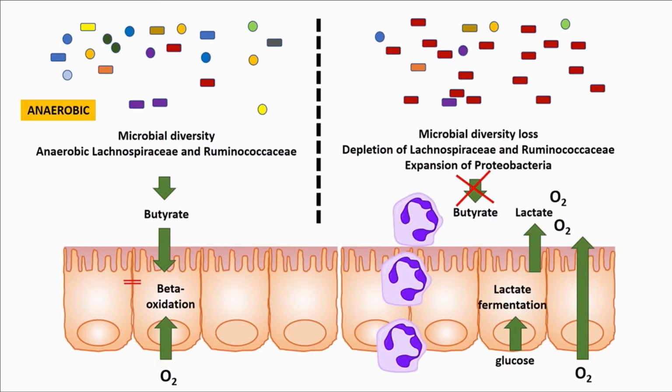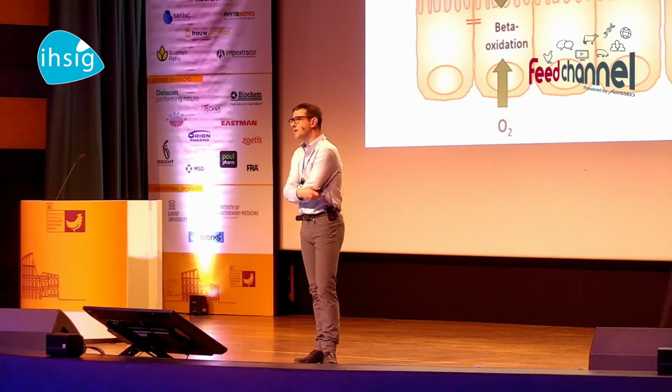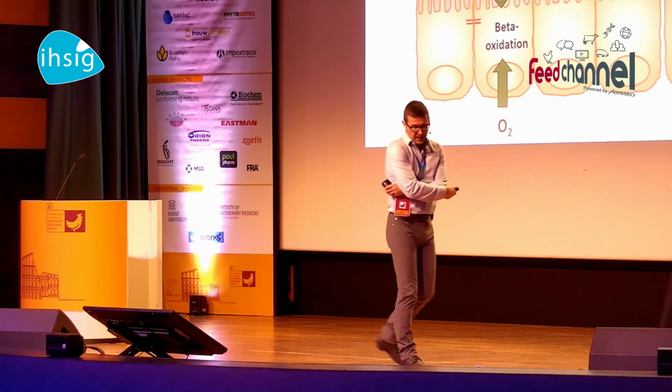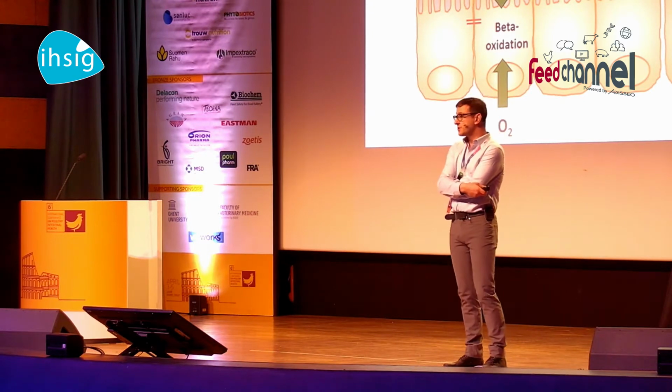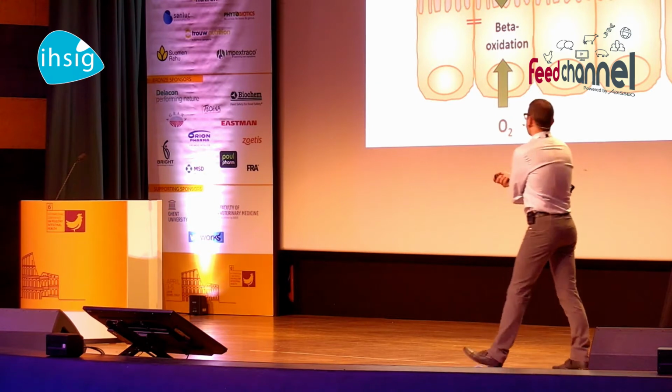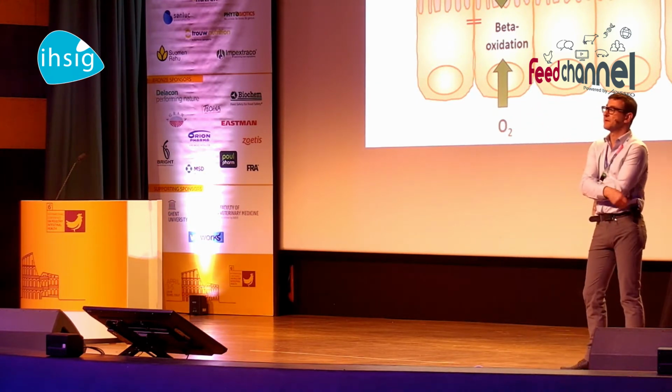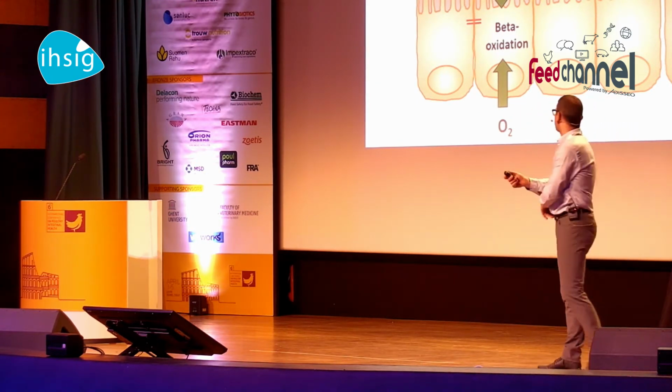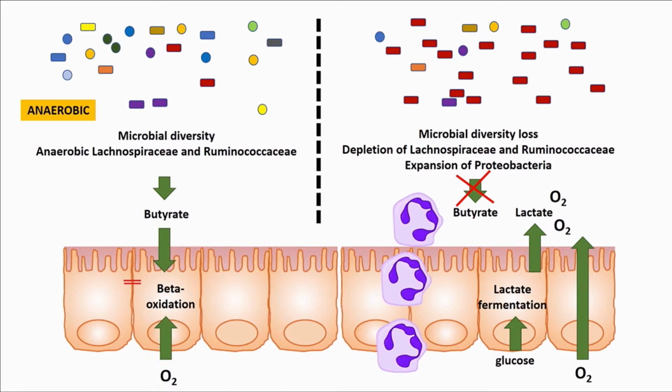On the other hand, you can have a microbial population shift, loss of diversity, depletion of butyrate producers, and an expansion of gram-negative proteobacteria, which contain all the E. coli-like organisms. And what then happens is that there are problems in butyrate production. Butyrate is not taken up anymore by epithelial cells. You even have glucose being used by epithelial cells, lactate being produced, and it all becomes a bit more aerobic,